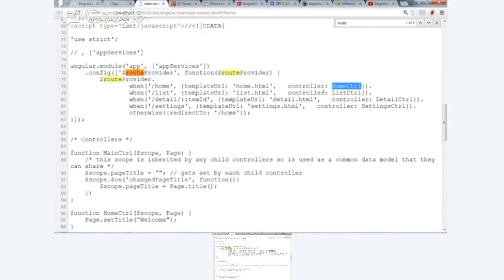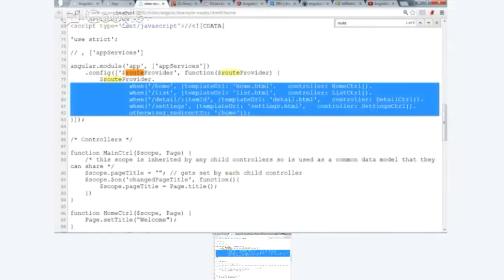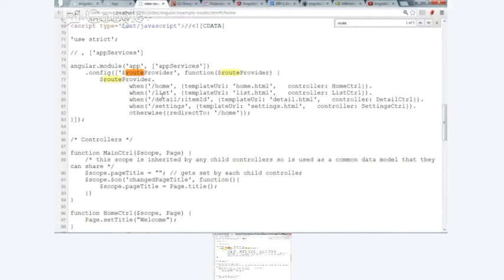And then the controller sets up the data for that view. So when you're designing your single web page app, you're doing a lot of this route definition, and it makes it quite quick to mock up a fully working app as well.